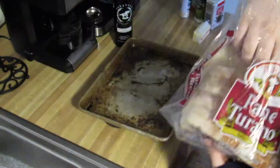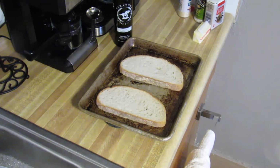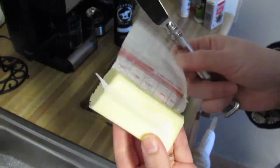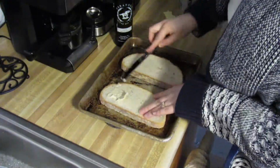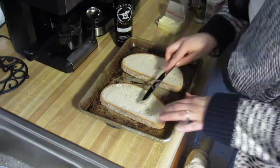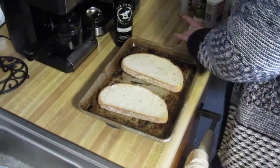Today I am going to show you how I make my quarantine makeshift garlic bread. I know a lot of us can't go out to the grocery store right now to grab a couple things here and there, and for us garlic bread is one of those things we can't grab, so I figured I'd make my own. So I just have some regular artisan bread that I had bought at my grocery store earlier